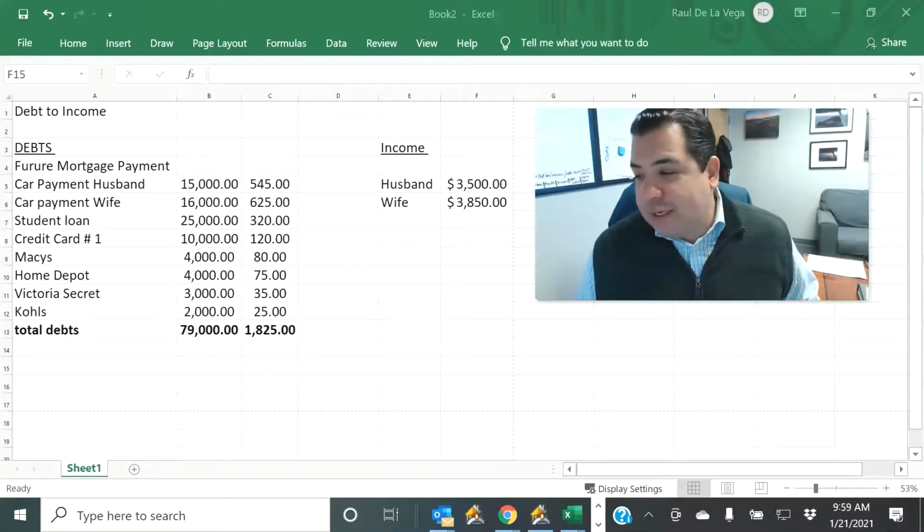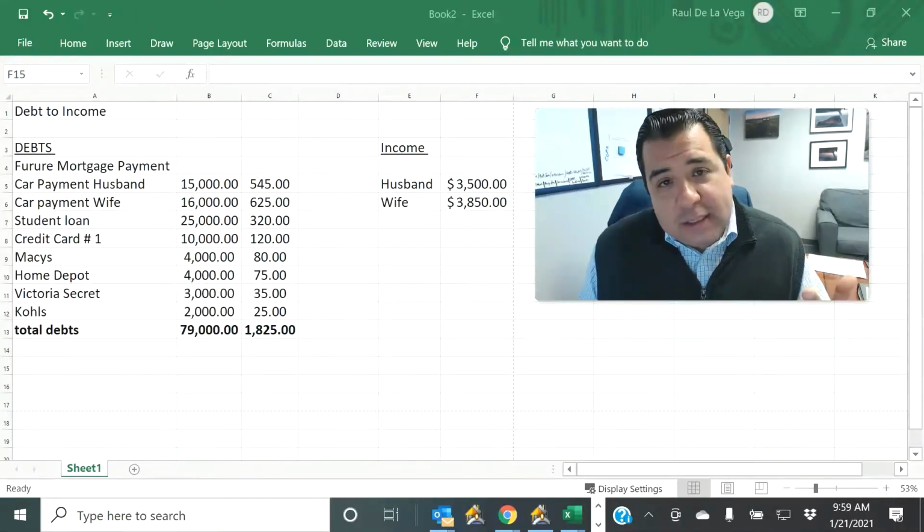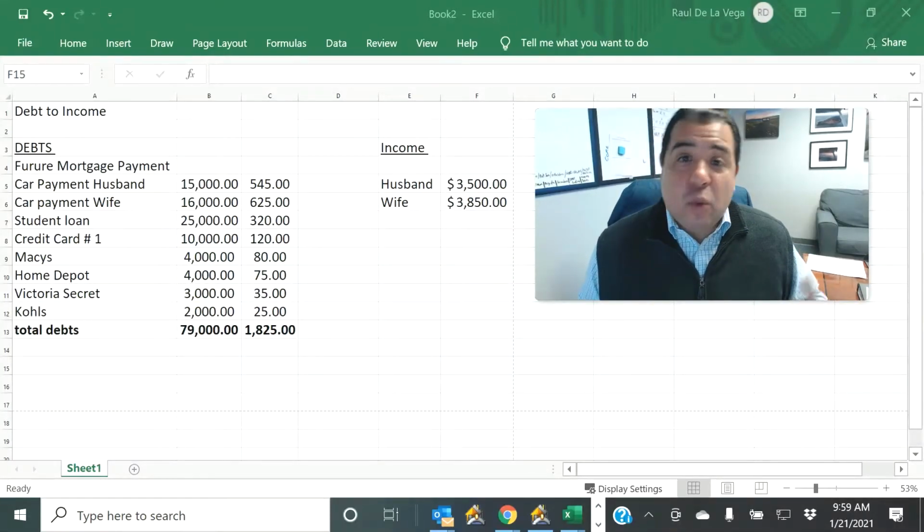2021, January 21st. Everything is going super fast, and I want to share this with you. Debt to income ratios. How do you calculate them? What things are taken into consideration and what things are not? These are some questions that come up in my professional loan consultation every time I have them, and I'm surprised